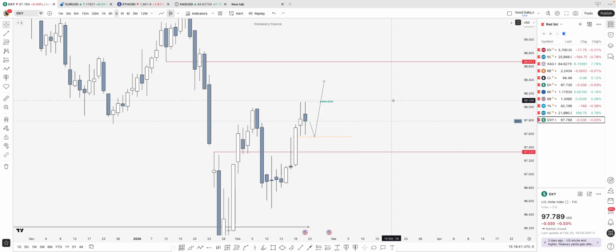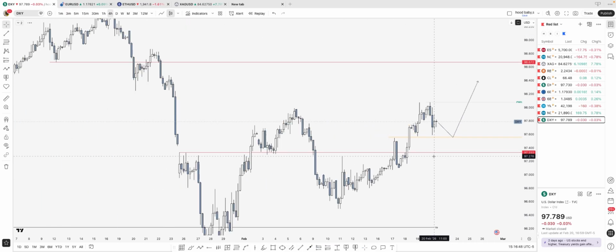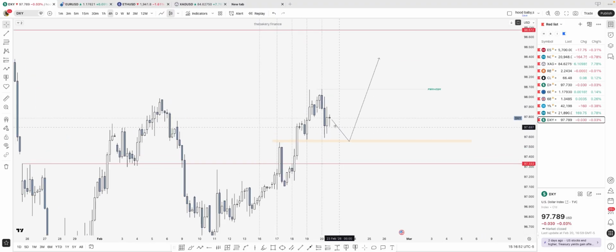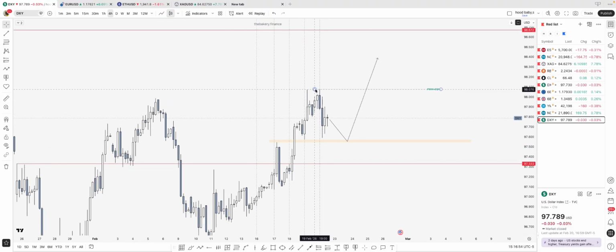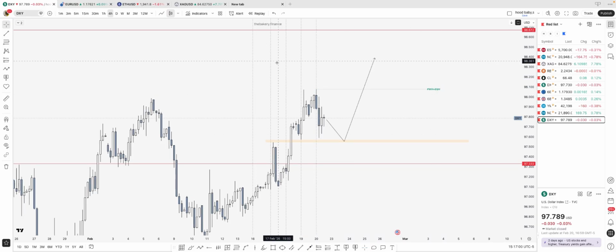Okay, so this is it. If I go down to the 4 hours itself, on the 4 hours we're still yet to tag the daily fair value gap highlighted, and we still have this move. We can still expect price for the bullish fair value gap we invest. We can still expect price to react from that level.